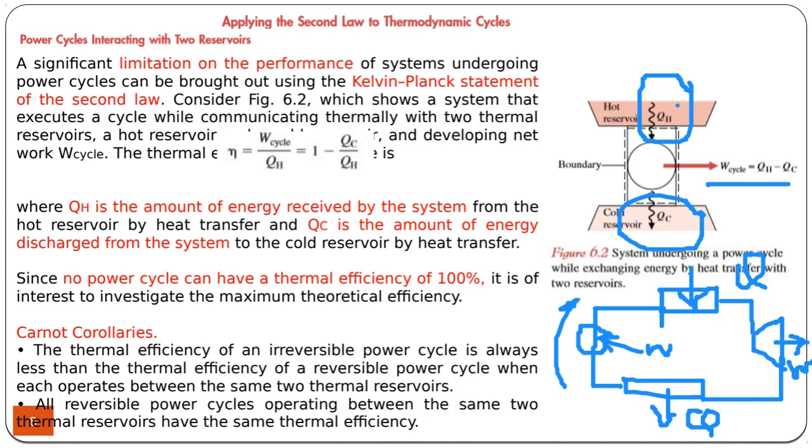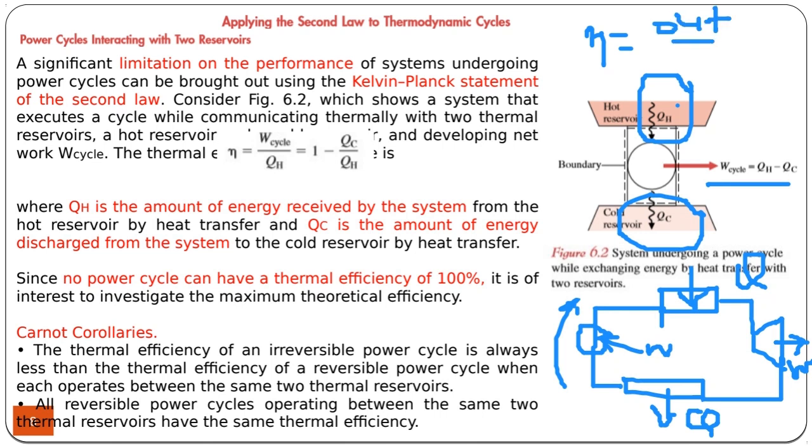So this is why we say that, according to Kelvin-Planck's statement, it's not possible to convert all the heat input as work output, because some of the heat must be rejected, otherwise the cycle cannot be completed. It means that no thermal system can have 100% efficiency. If it was possible to convert this heat completely to work, then the efficiency, which is output divided by input,